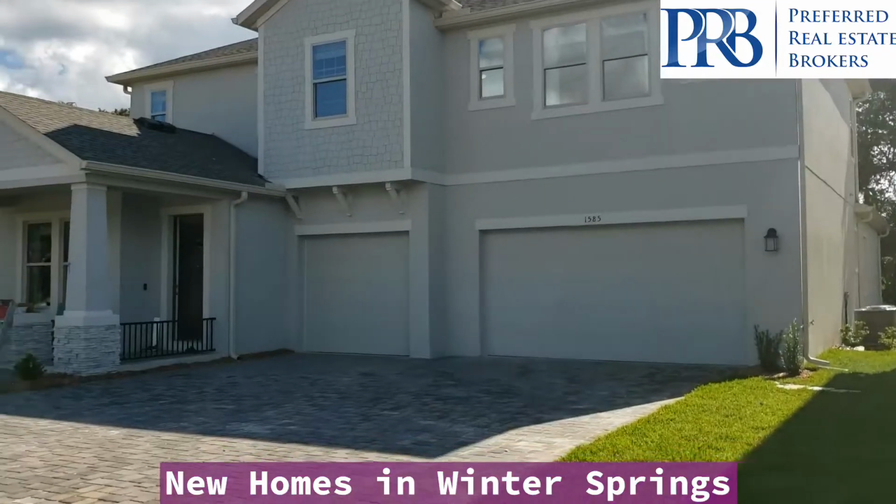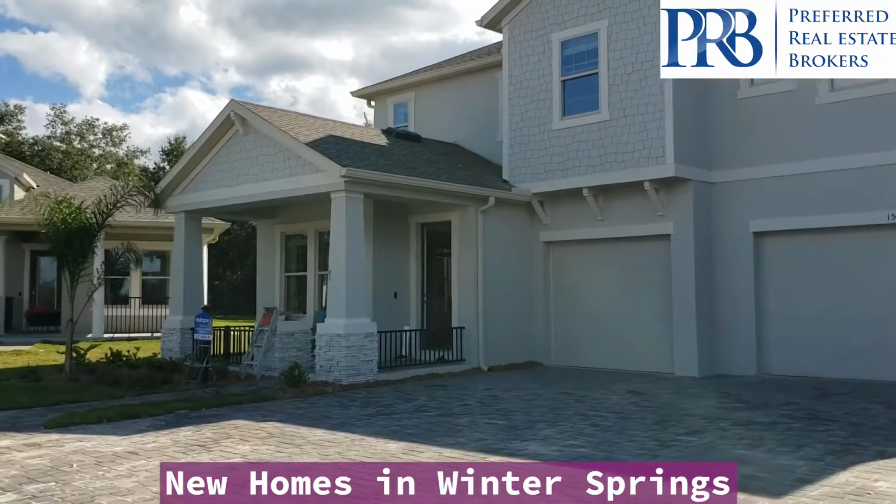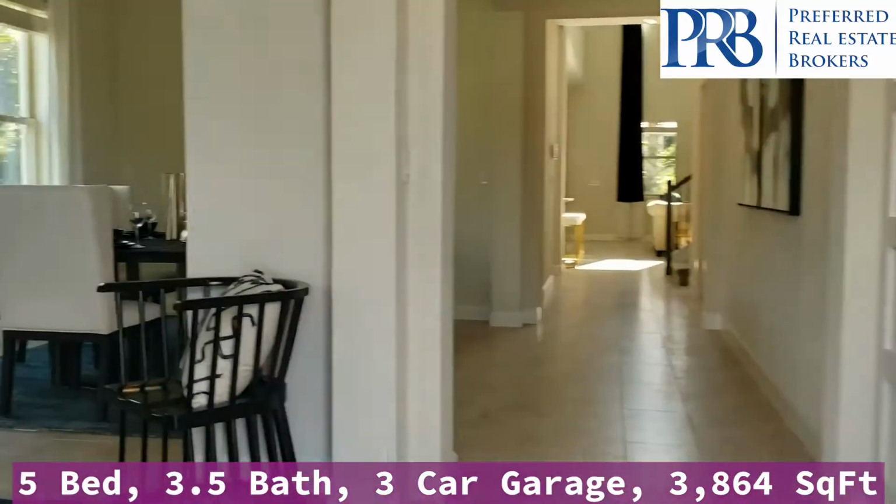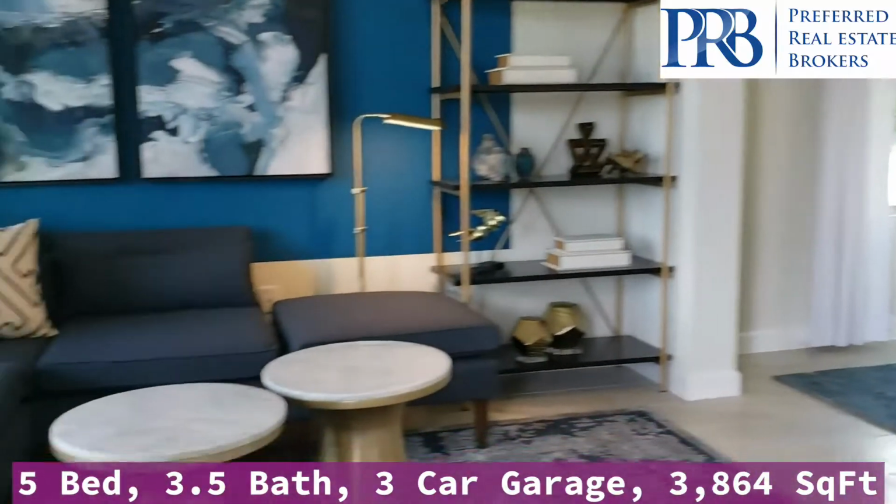I'm standing outside of this 5-bed, 3.5 bath, 3-car garage home here in Winter Springs. They are working hard to get it ready to show. I'll take you inside so you can have a look. This 2-story home is approximately 3,864 square feet. To the left you have your living room,